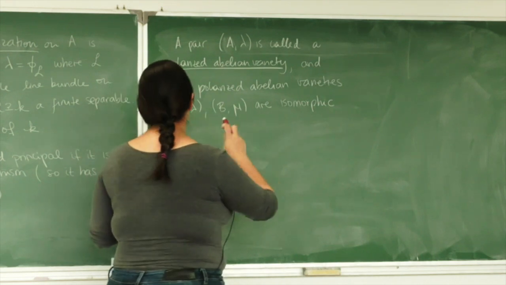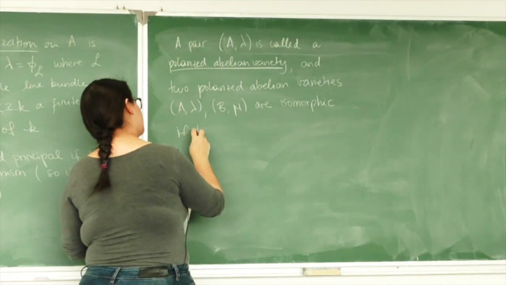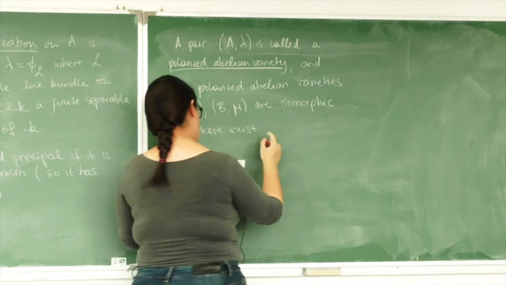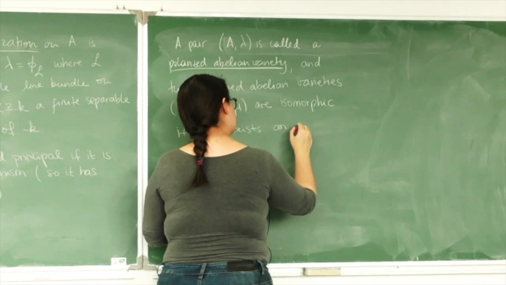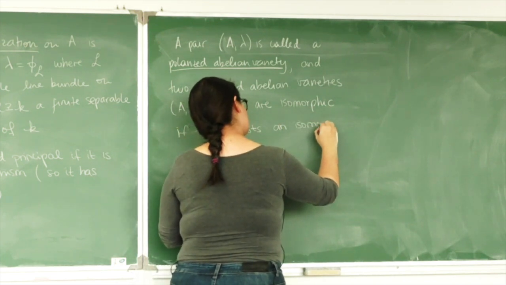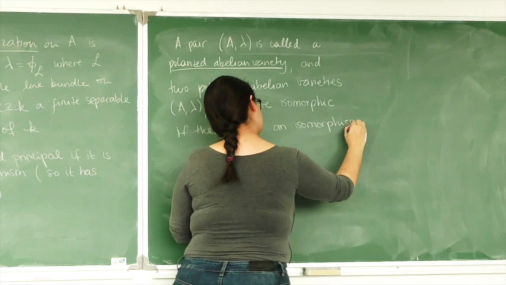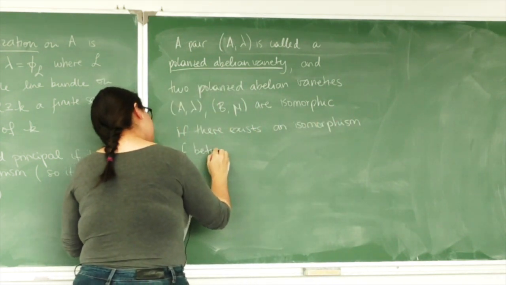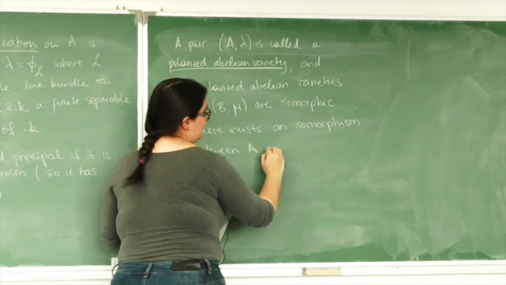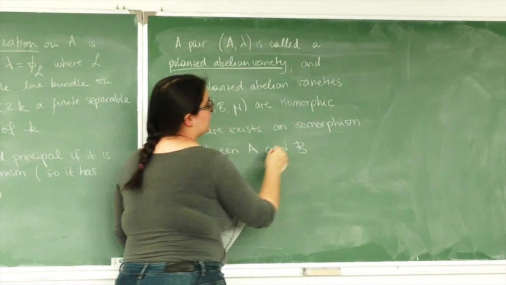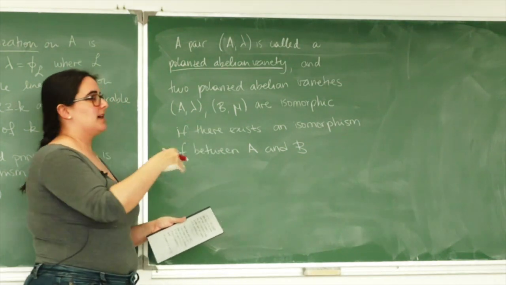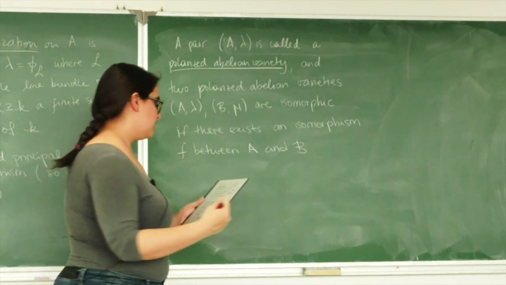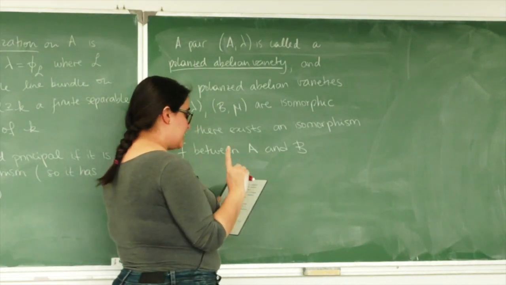So we say that they are isomorphic if there exists an isomorphism F between A and B, and here I am talking about an isomorphism of Abelian varieties, and now I add the extra condition for it to be an isomorphism of polarized Abelian varieties